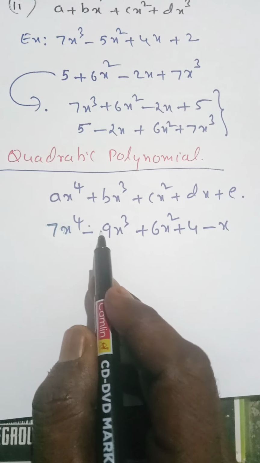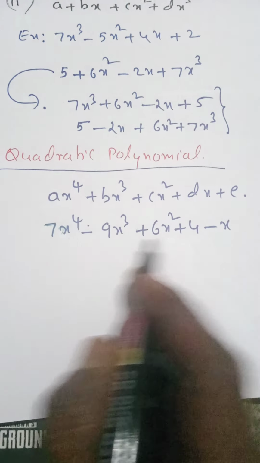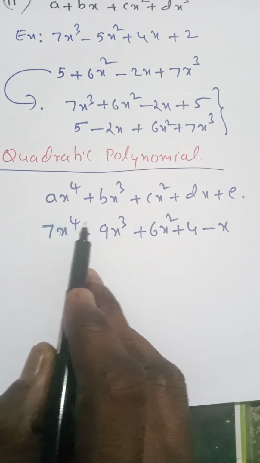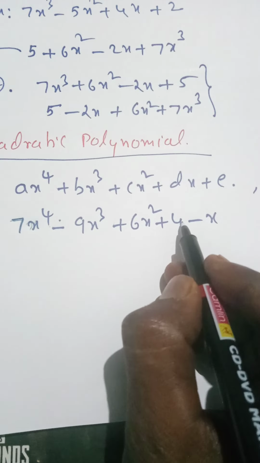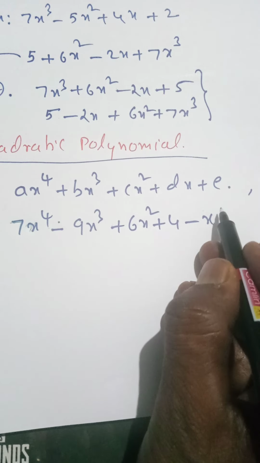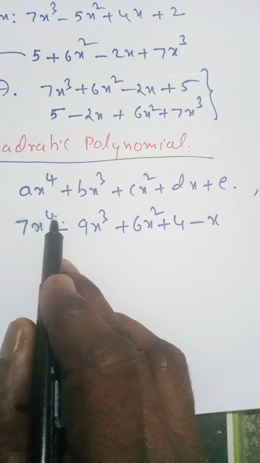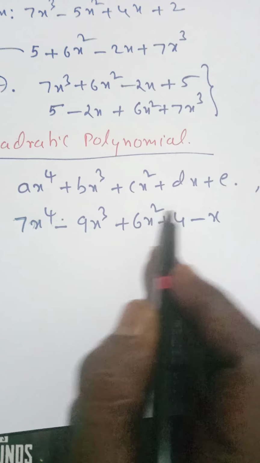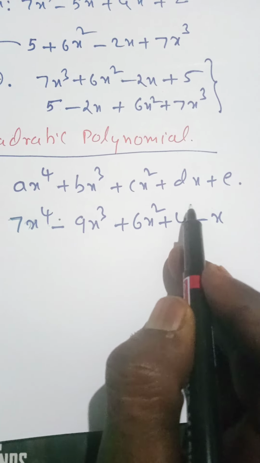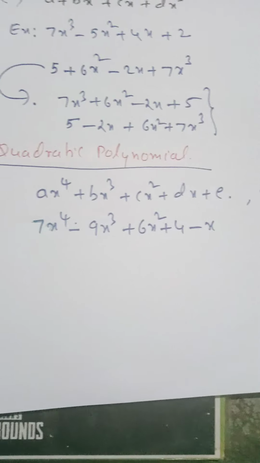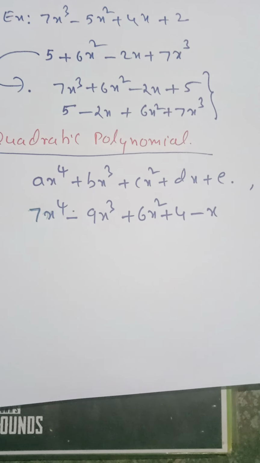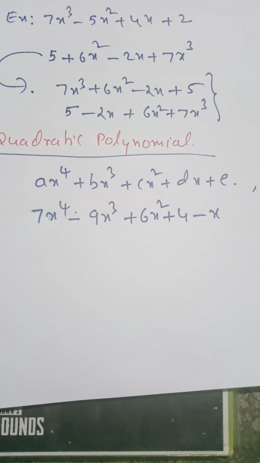And once you check all the terms of the polynomial, focus only on the powers 4, 3, 2, and the x term is not there, meaning x power 0 and x power 1. All the terms from here to here are in decreasing order. Again there is x power 0; from 0 to 1 it is in increasing order. That's why, in this polynomial, all the terms are not in the